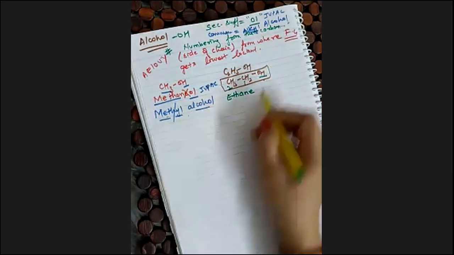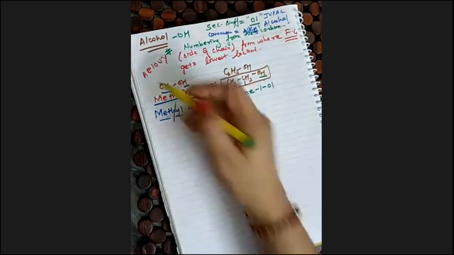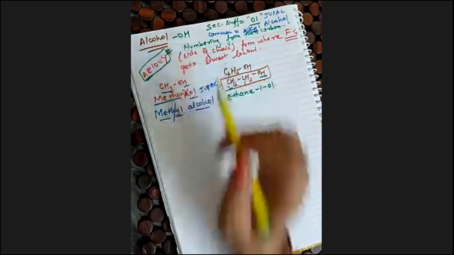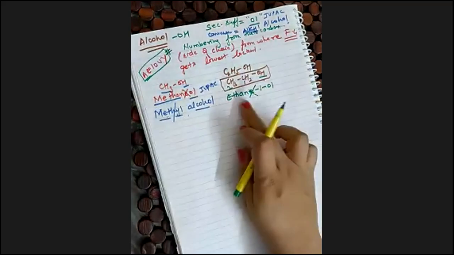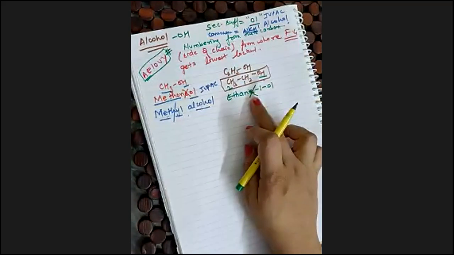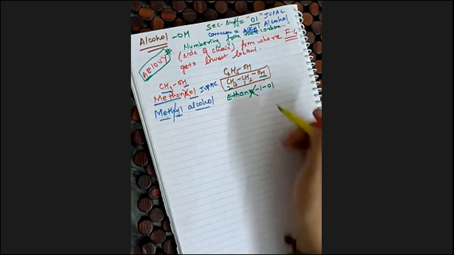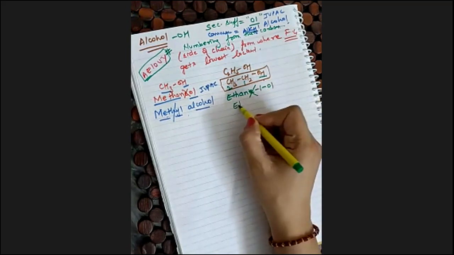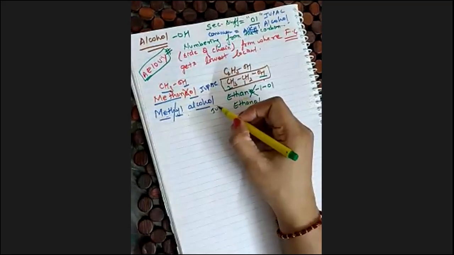So ethane, on 1 carbon we have ol, ethanol. And we know this thing that when your E is followed by A, I, O, U, Y, we will cut this E. We will not write this E. I'm repeating the same thing again and again. When you do nomenclature, keep an eye on which alphabet is followed by which one. Or you can just write ethanol. This is according to IUPAC.